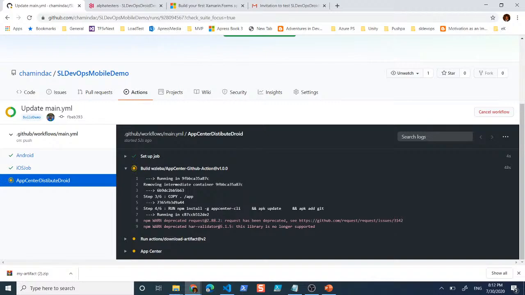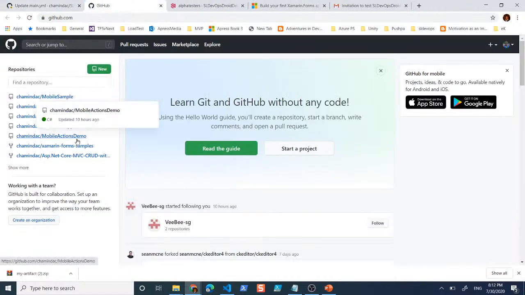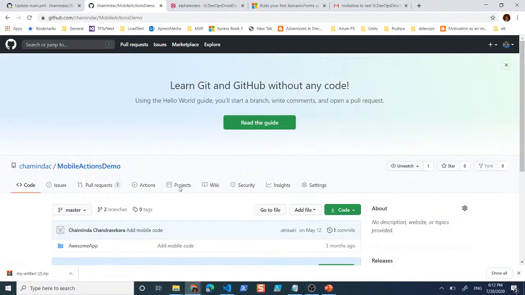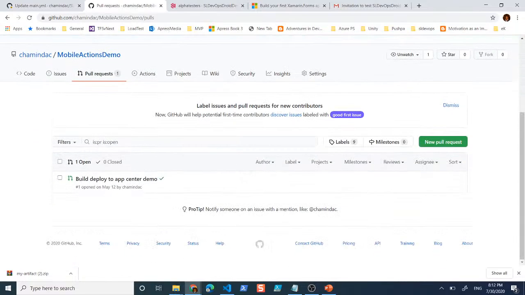So in the meantime this is happening, let me take you to another demo just to show you a couple of additional things. So let me open up my GitHub in another window, and let me show you a completed sample where a pull request is made. So let me go to this particular pull request and show you how it shows stuff in a pull request when you have this kind of